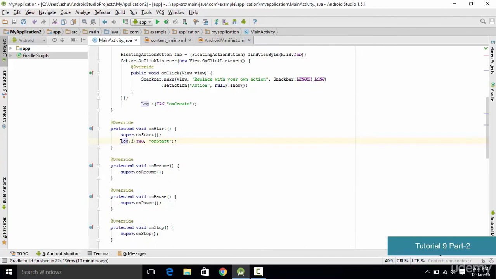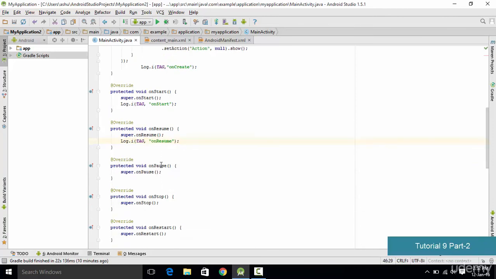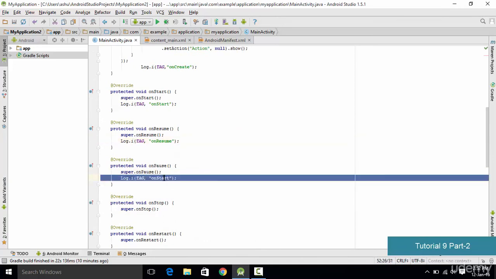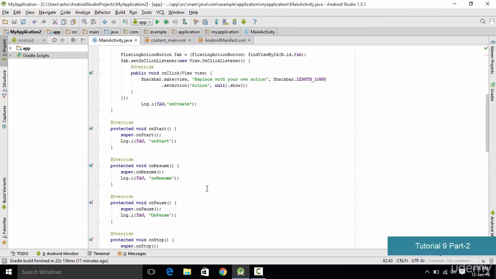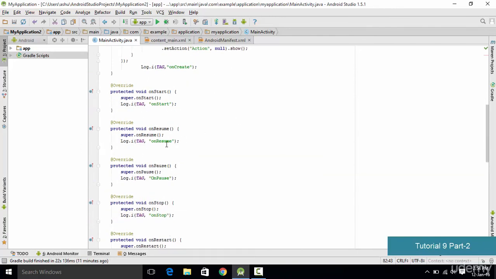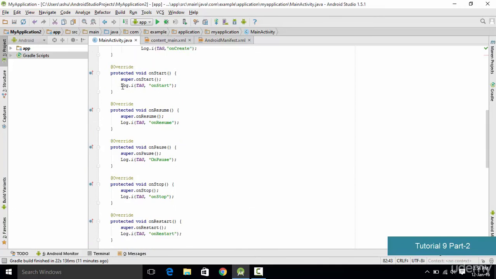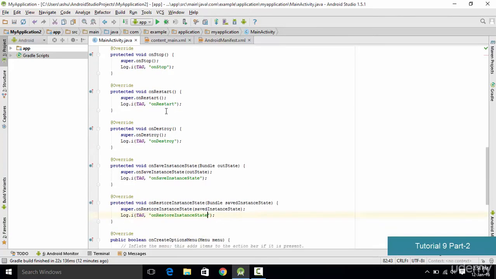Now the next thing which we want to do is copy this log message and paste it in each and every method. So just copy it and make sure that you have the proper message with it. For example, instead of this on start, we are going to have on resume, and make sure that you make the same change in each and every method right here so that we are able to identify these methods correctly. Once you are done adding the log messages to all your methods, your code is going to look like this. We have the method, then we have added the log message, and inside the log message we have replaced the message by the name of the method. So make sure that you have your code set up like this.